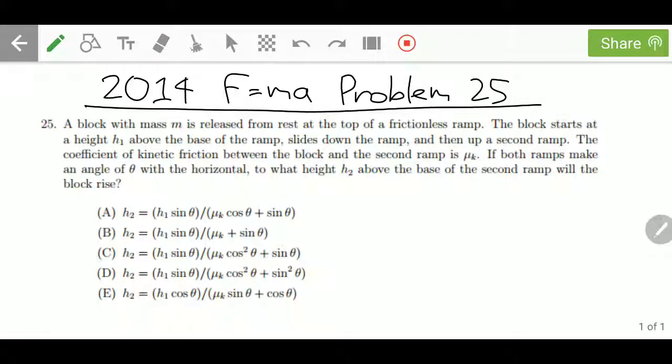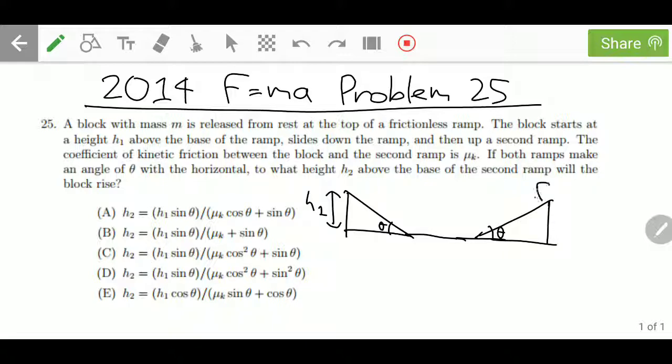Hello. In this video, I'm going to explain problem 25 from the 2014 F equals MA contest. In this problem, we have a block with mass m released from rest at the top of a frictionless ramp from a height of h1, and ultimately the block will slide down and then go up a second ramp with the same angle of inclination, theta, except the second ramp has a coefficient of friction mu k, or coefficient of kinetic friction,